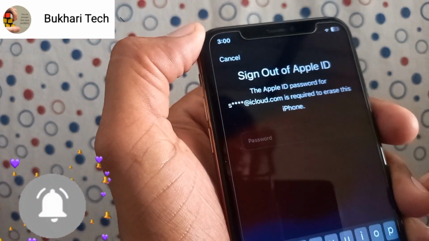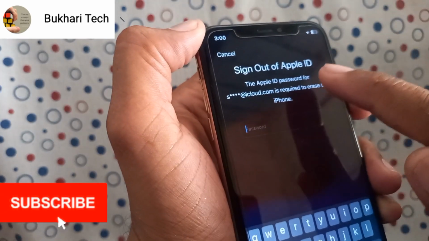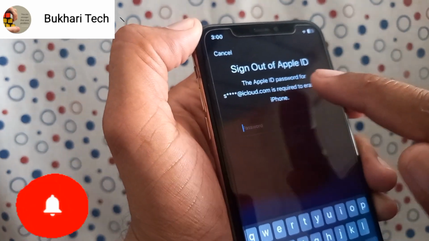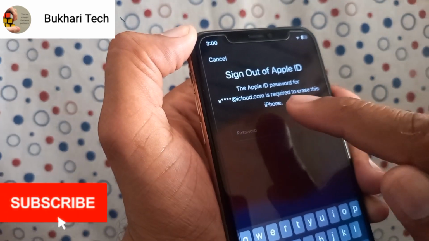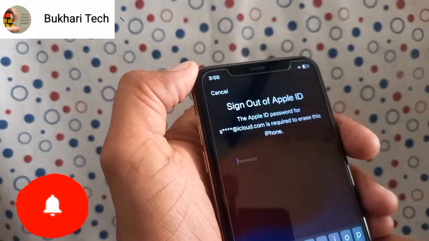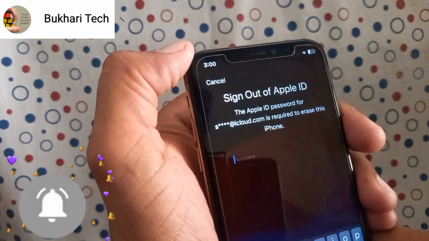So friends, you can see Sign Out of Apple ID. The Apple ID password for the ID name is required to erase this iPhone. So friends, type your Apple ID password.